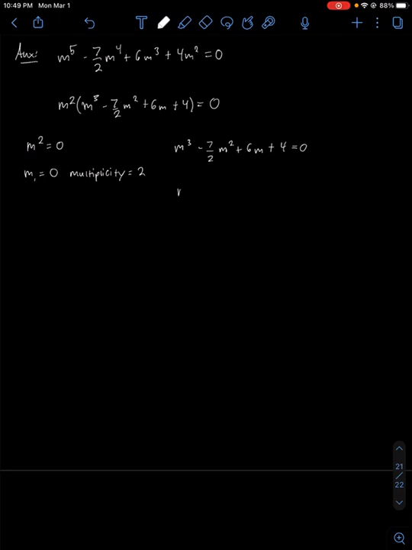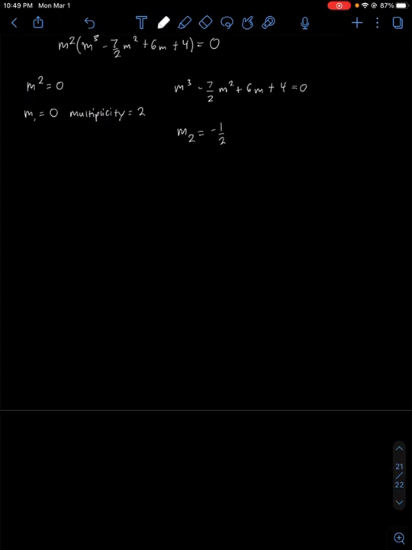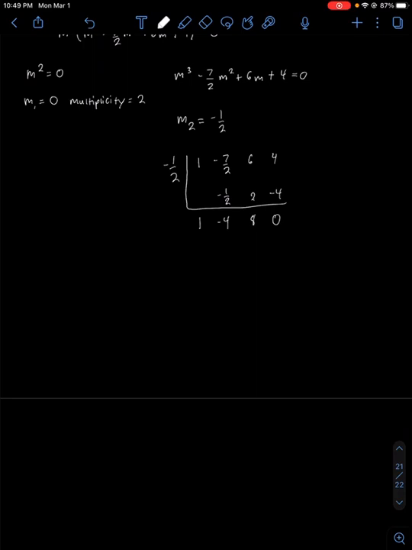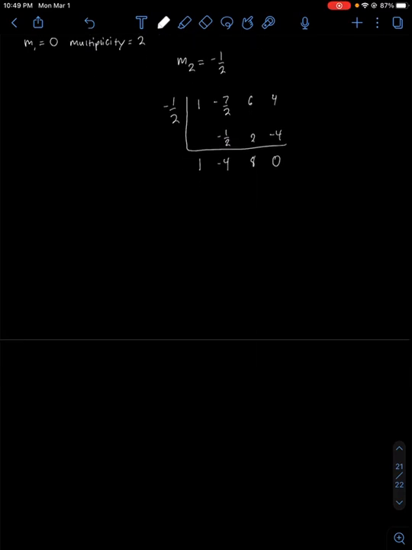one of the roots is m2 is negative 1/2. So I can synthetically divide that, negative 1/2, and then it's 1, negative 7/2, 6, 4. Add those two together, negative 4, 2, 8, negative 4, 0, which means I have